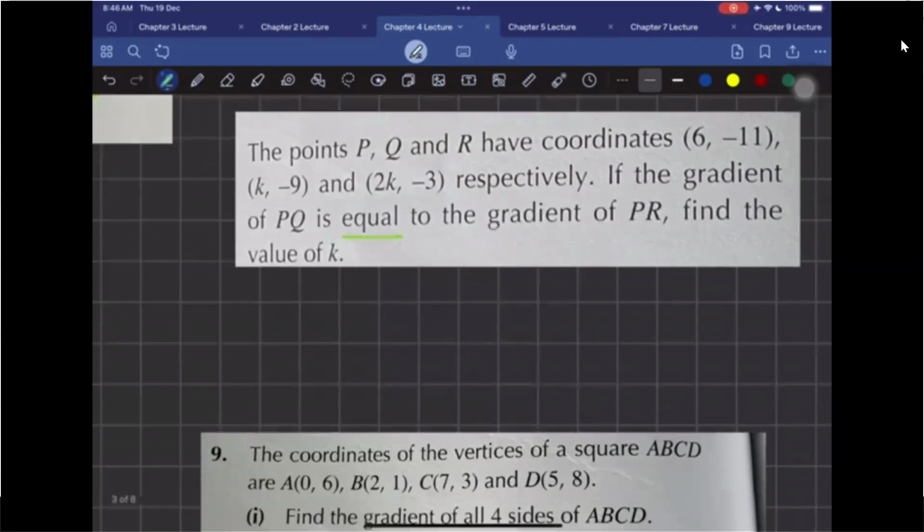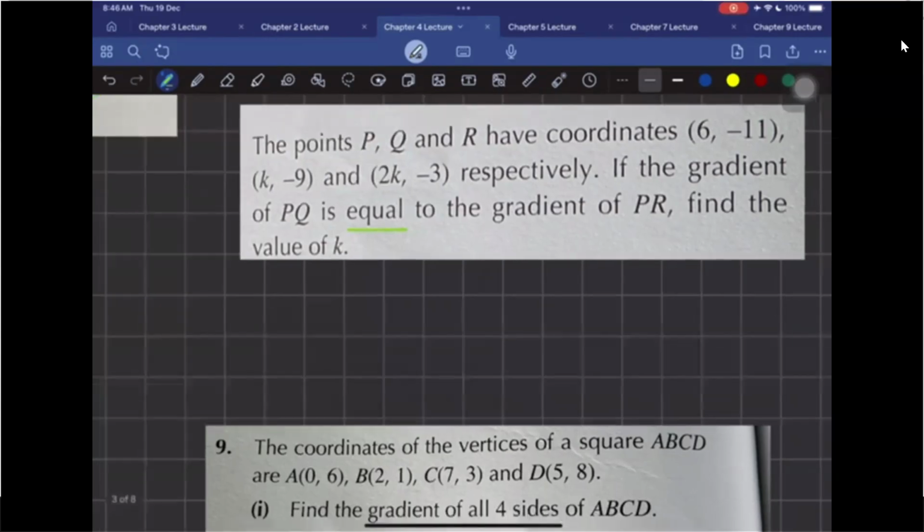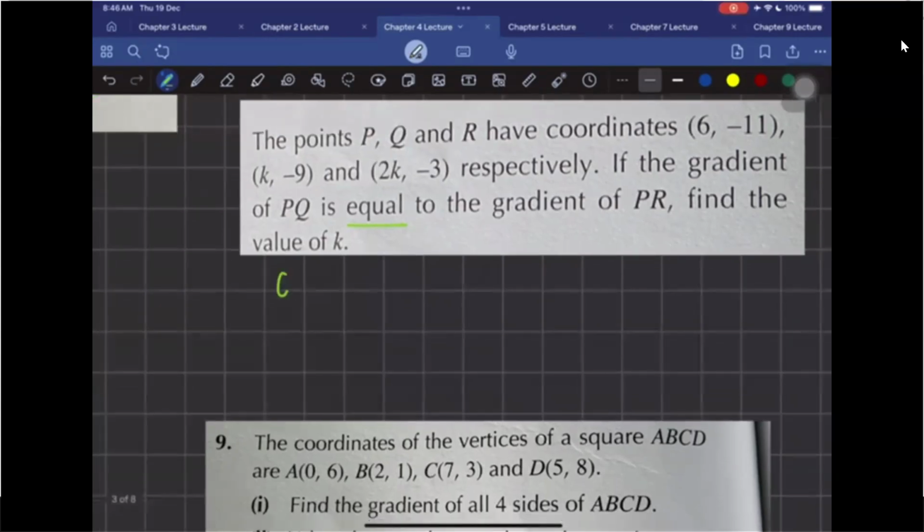So first, you just need to find the gradient of PQ and PR respectively, and given that they are equal, you just need to equate it and solve. Okay, so let's get started. So gradient PQ equals to,